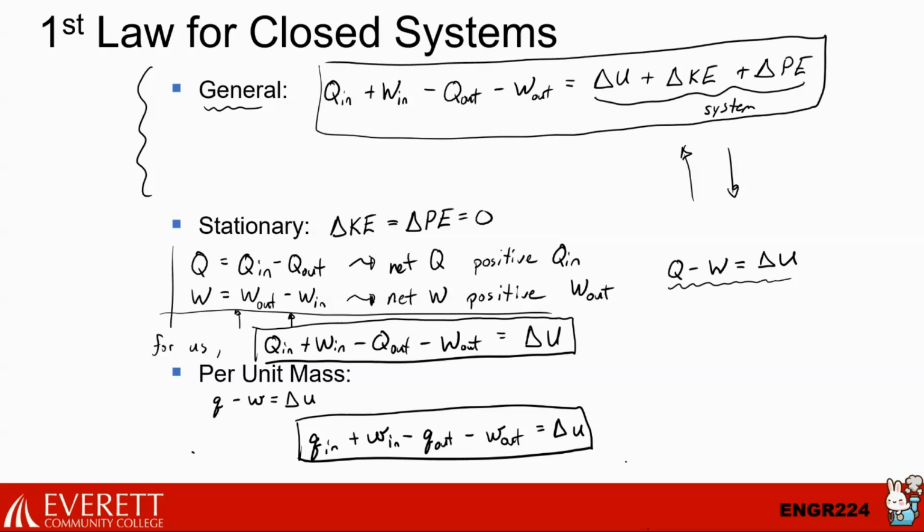And in class, as a practical perspective, when you're problem solving, if you state that something is stationary, you can jump right to these two equations here. Either one of those is perfectly fine in form. If you do use Q minus W and you don't state that work out is positive or distinguish that, then I will make note of that in your assessments. Okay, so